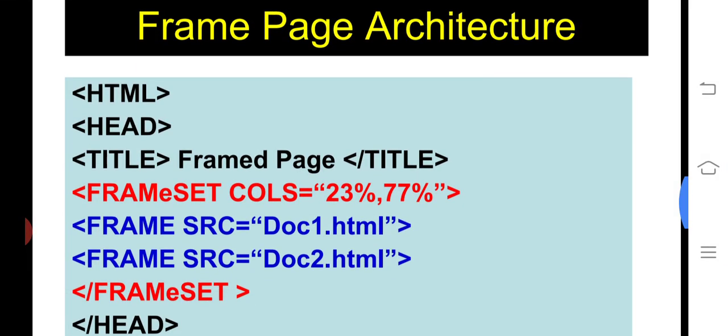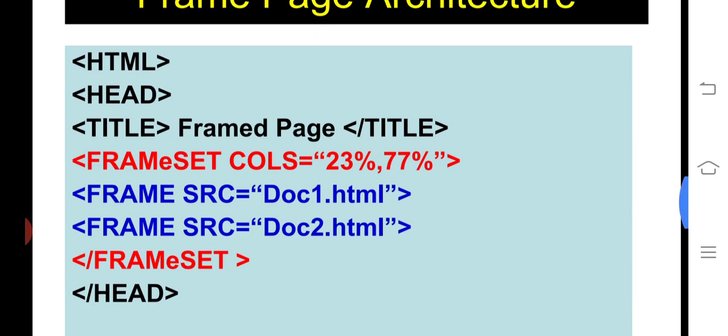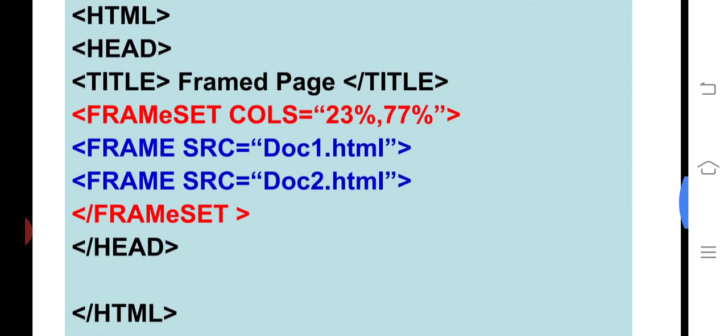So that is in frame page architecture. It is one of the coding examples in HTML. Here HTML starts, head as usual, title, framed pages.